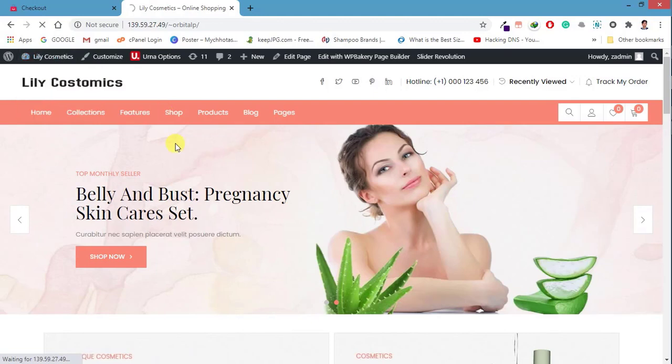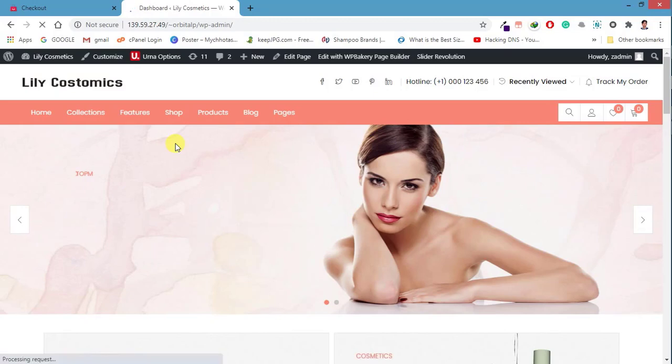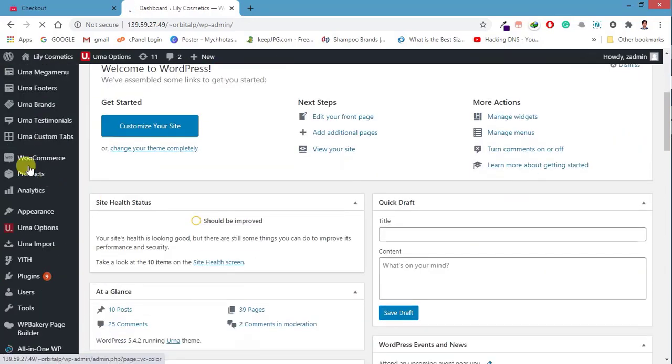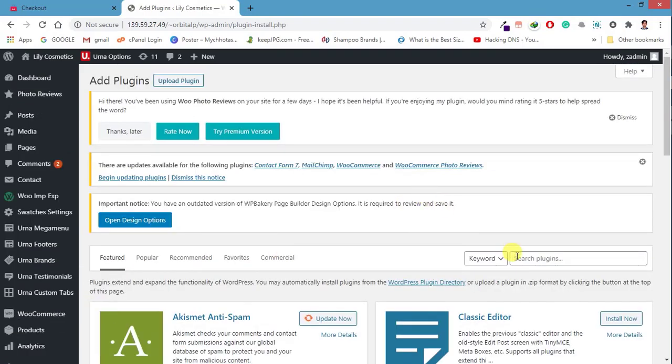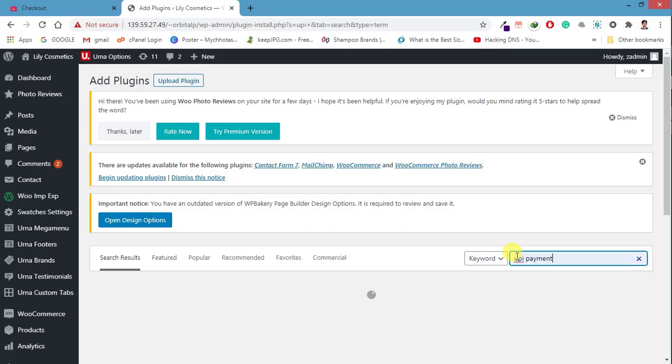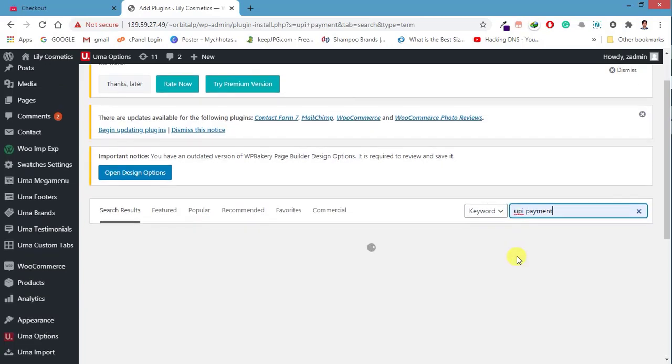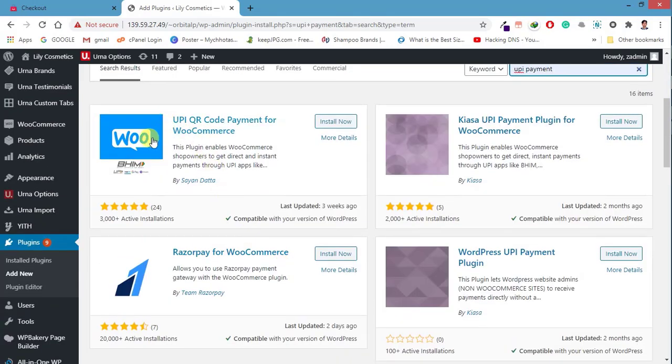First of all, we have to go to the dashboard. As we install normal plugins, the same process will follow. So we'll come to plugins and then add new. Here we'll search for UPI ID. Just search UPI payment, and it will appear. You can see the first payment gateway plugin coming is UPI QR code payment for WooCommerce,